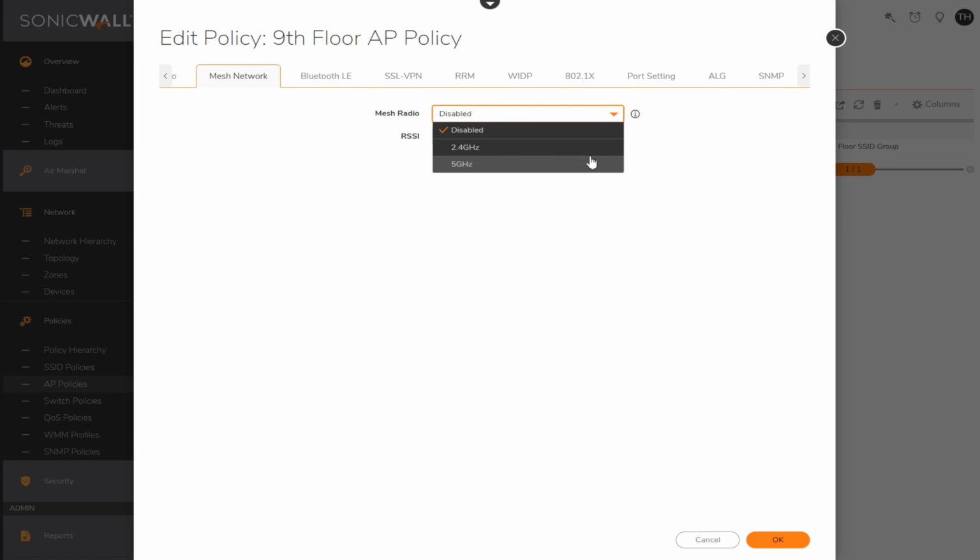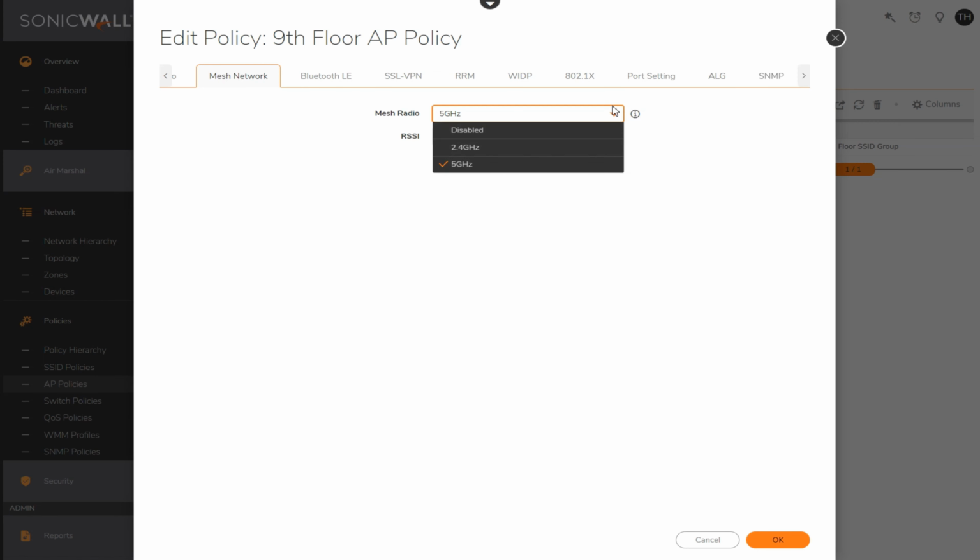In most circumstances, you'll want to use 5 gigahertz. You get the benefit of faster speeds and not having to worry about channel congestion commonly seen on the 2.4 gigahertz frequency. If you don't have a good line of sight between access points in the mesh network, or there are walls or other obstructions between APs, then you may consider 2.4 gigahertz, but I would recommend trying with 5 and seeing what kind of signal strength you get between APs